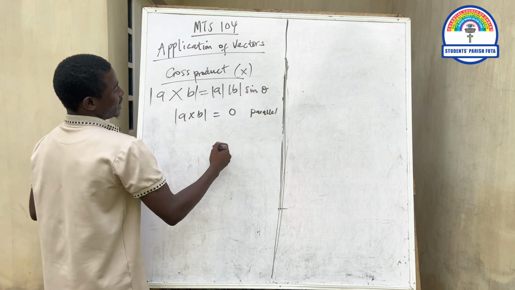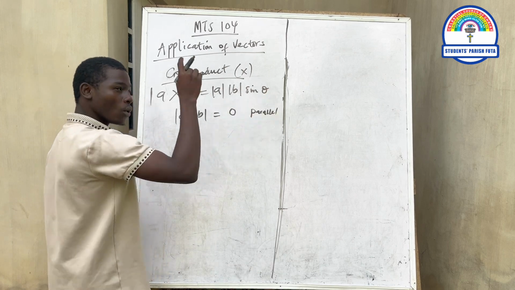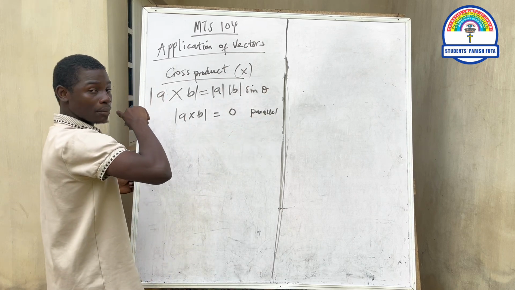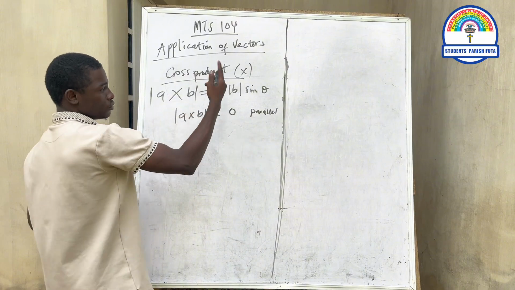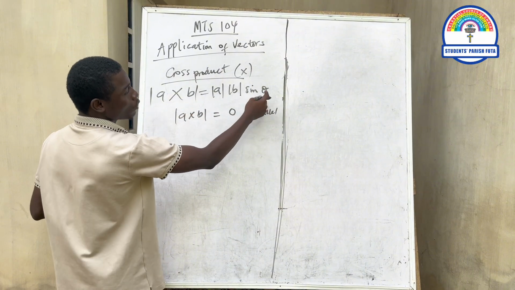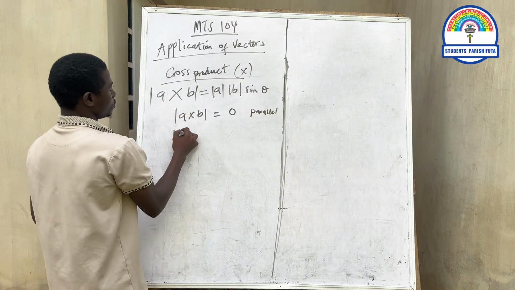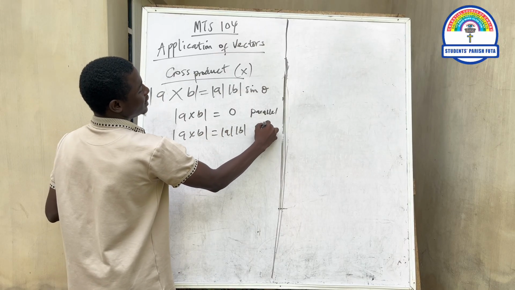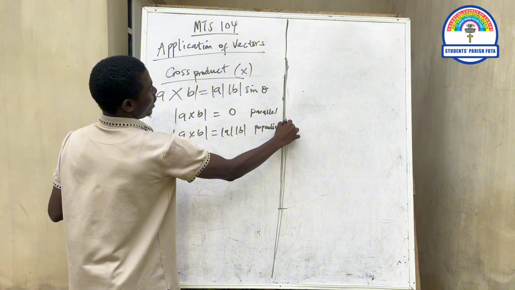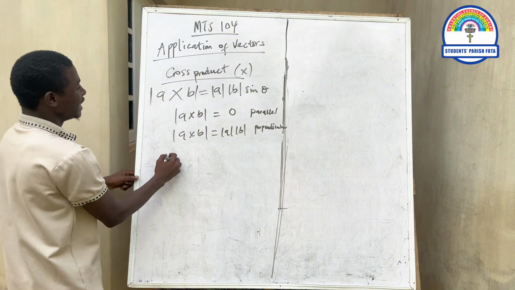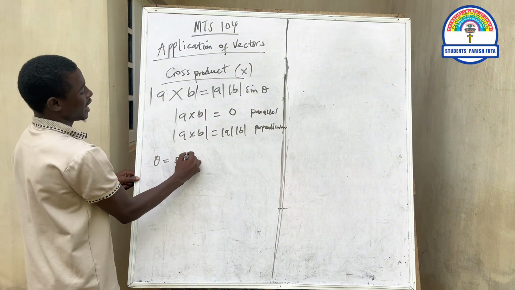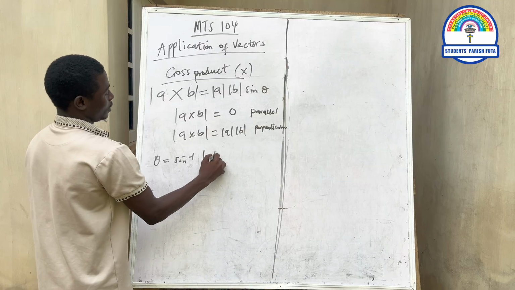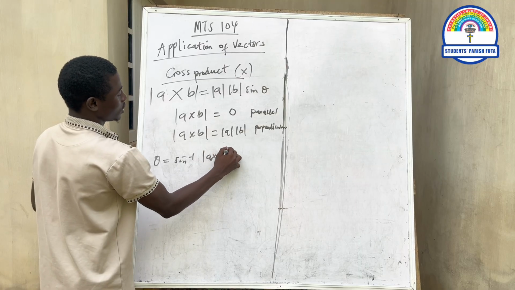If they are perpendicular, it means the angle between them is 90 degrees. Unlike the scalar product, it might be hard getting this. So if it is perpendicular, the angle 90 exists, and sine 90 is 1. So this is for perpendicular. And if you want to get the angle between them, that is arc sine of the modulus of A cross B over